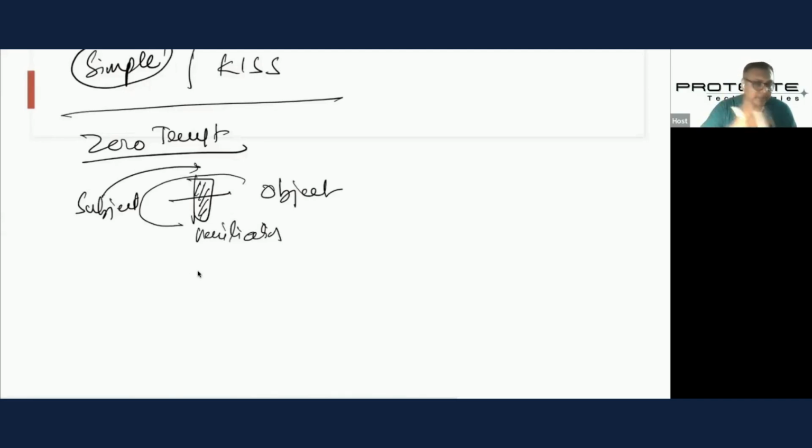Whenever a subject is trying to access the object, you ensure that there is someone to verify it. If there is someone, then your approach is of zero trust. You naturally do not give access, you naturally do not establish trust. Now imagine every time a subject is trying to access a resource, you have a